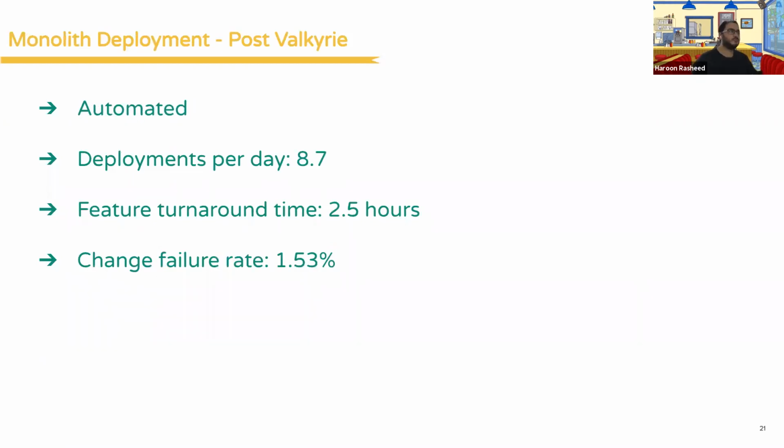So post Valkyrie, now our deployments are automated. And also we are deploying at least 8.7 times per day. Obviously, our goal was around 10 deployments per day when we started the project. But Monolith, because it's too huge, it takes a lot of time to build, test, and make sure the quality